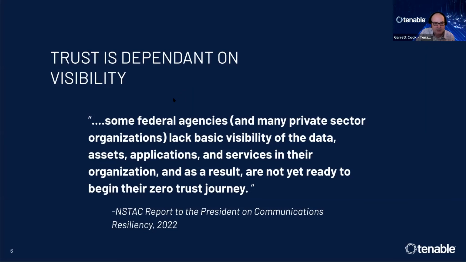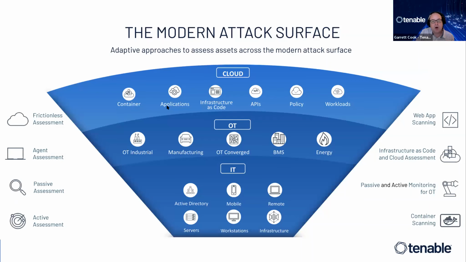So the idea that trust is based on visibility was the first pillar that I mentioned, and I'll touch base on this quickly before I turn it over to Seth to talk about how we apply risk scores to all of this data. But this is Tenable's modern attack surface. This is how we take a look at adaptive approaches to assess every asset. So you can take a look from bottom to top here, in this blue wedge is this